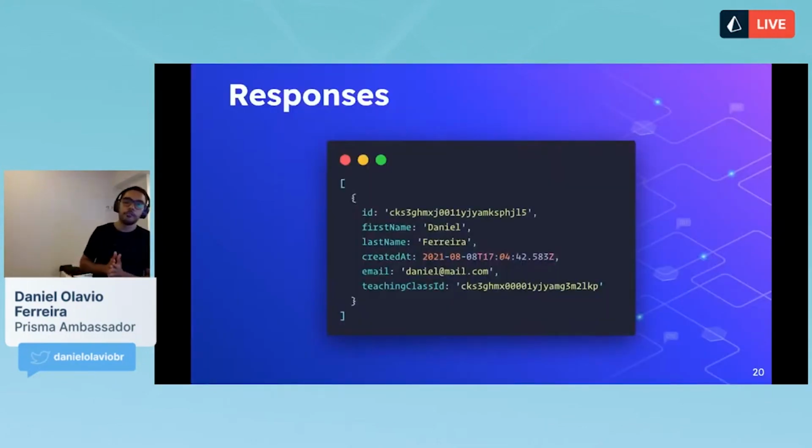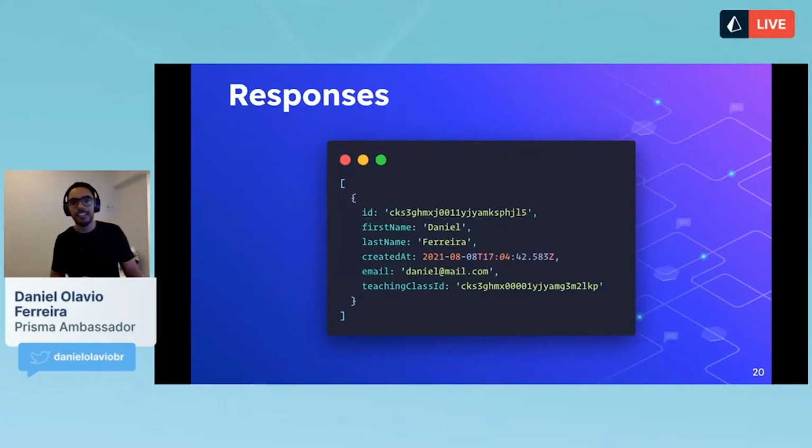Next, we have our query for the teacher of a certain class, but made inside of the user table. In this case, we didn't ask for it to bring the class as well. We only asked, oh, only bring me the user. I don't want to know any other information. The only thing that I want to know is that he's the teacher for this class. So this is what we got here. We don't need to bring information that we don't really need in this query. That's a really great advantage.